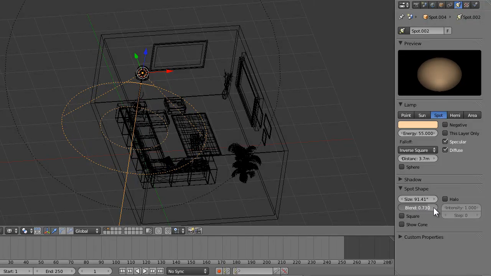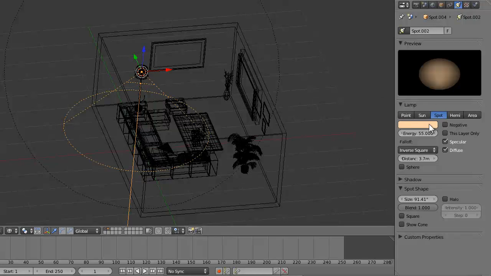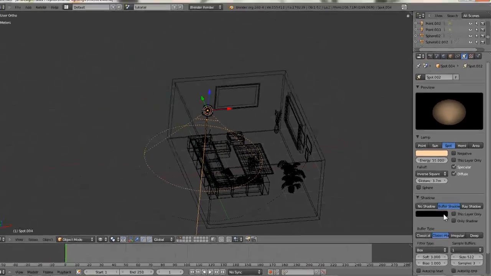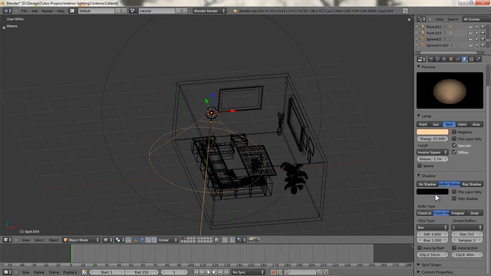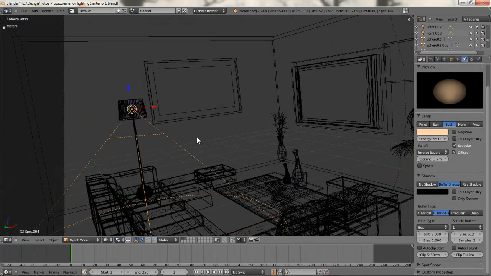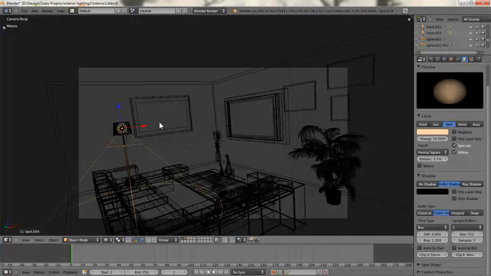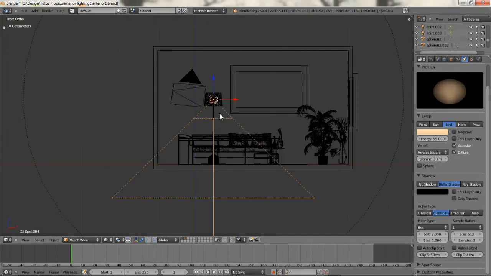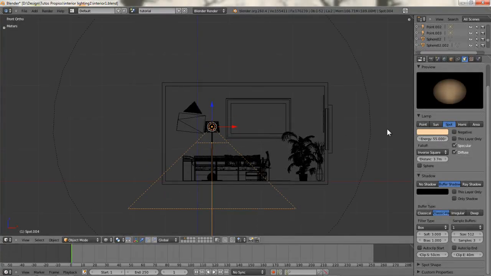It blurs it, it makes it blurry and soft, and I want to try how it looks, so I'm going to do it like this. I'm leaving the shadows and buffer shadows. I don't need really good shadows because they are not necessary right now. So now I have this one. I'm going to adjust 1.3,